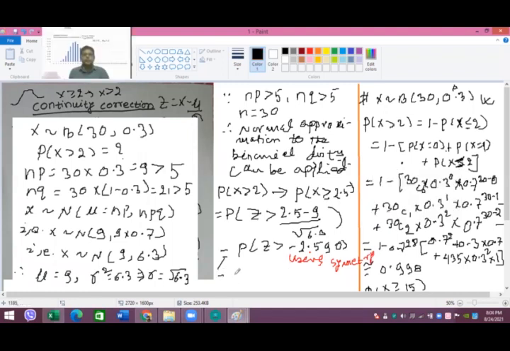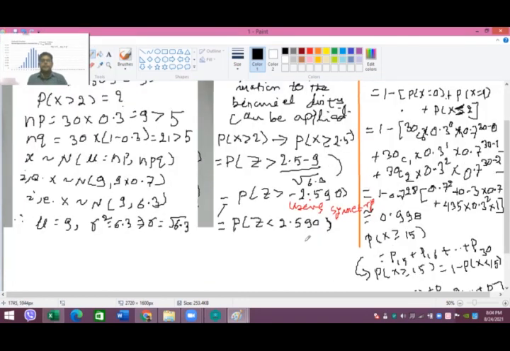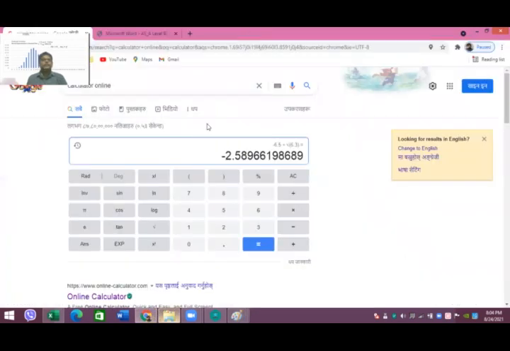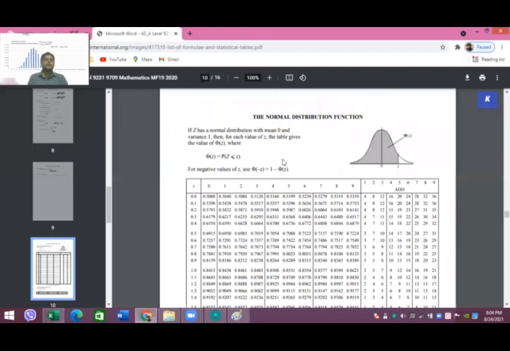equals P(Z is less than 2.590), then you will see that. And now you can also write this as phi(2.590). Now go to a standard normal variate table, and you can see it's available online. So here you can see that your value is